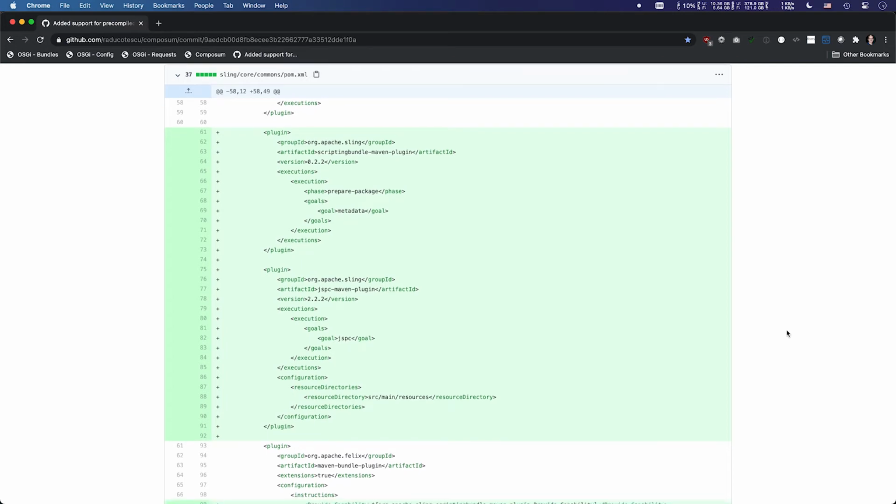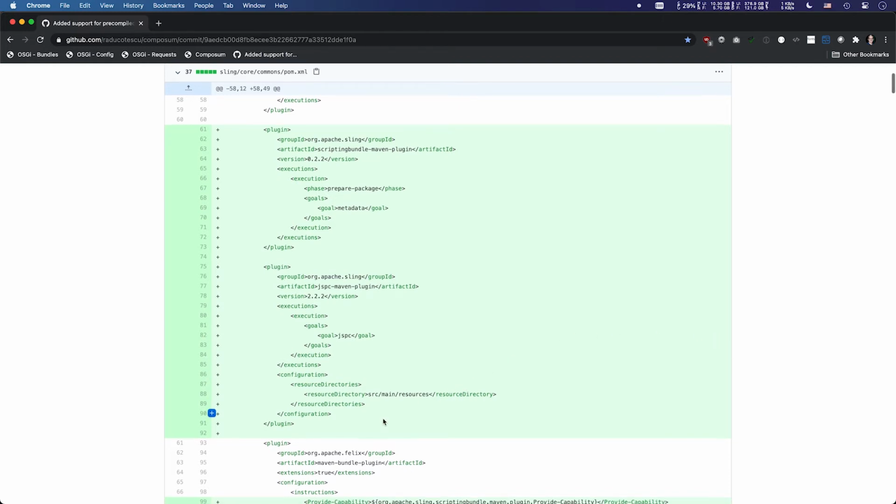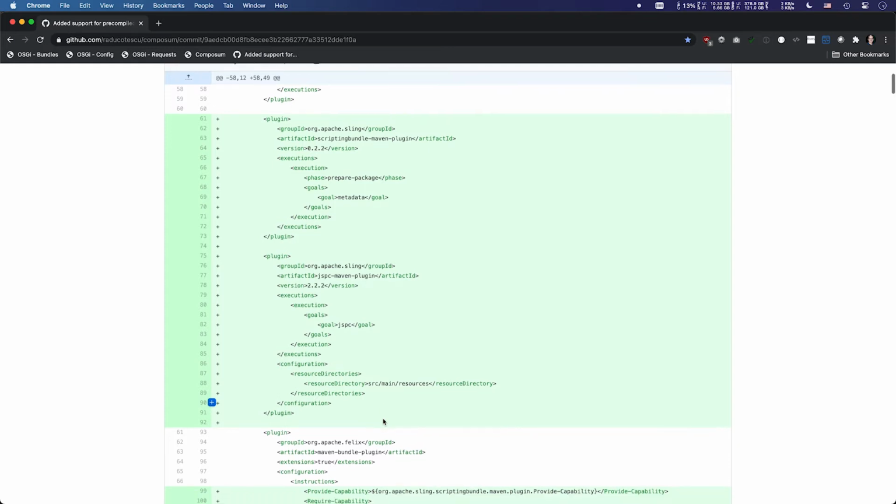Because Composum relies on JSPs, we have the JSPC Maven plugin. The JSPC Maven plugin is going to take all the JSPs and compile them and generate Java classes out of that. One notable difference between the modules is that in this case, we had to extend the resource directories configuration and provide src/main/resources as one of the directories in which the JSPC Maven plugin has to explicitly look for files. This was needed because the Commons bundle provides a tag library definition file, which otherwise would not be read